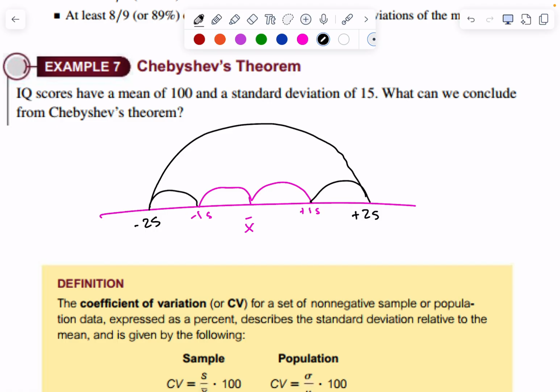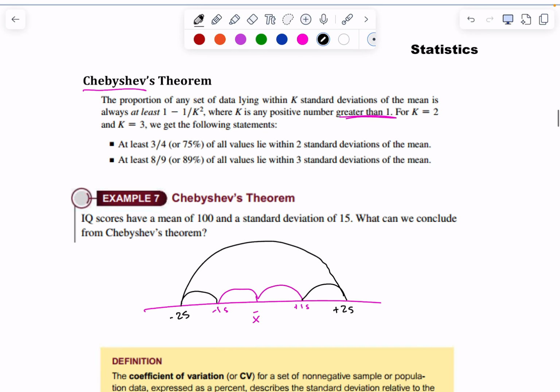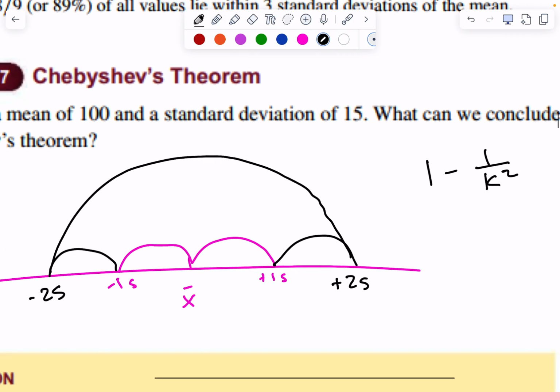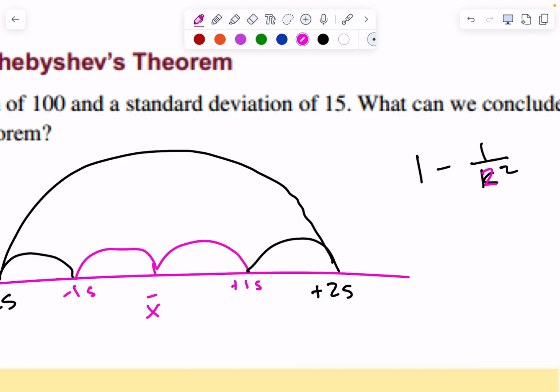He has a formula for figuring out what percent lives in that range, and it is 1 - 1 over k squared. That will give you the percent that lives in that range, right? So if we are doing 2 standard deviations, 1 over 2 squared would be 1/4. What is 1 minus 1/4? 3/4, which would be what percent? 75%, he says, live